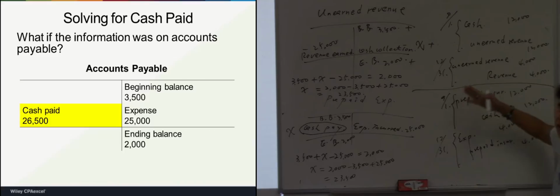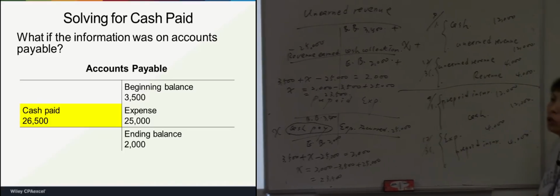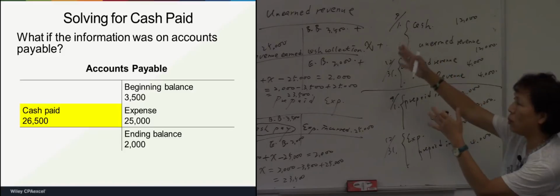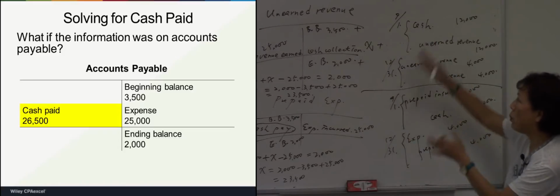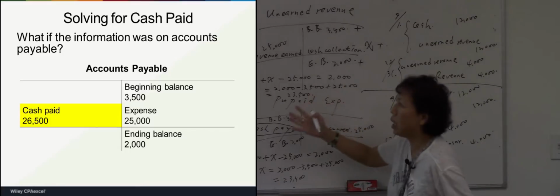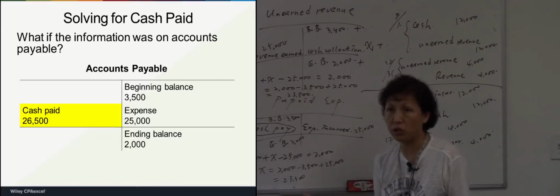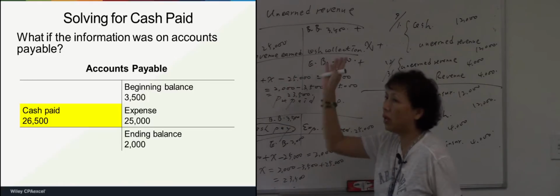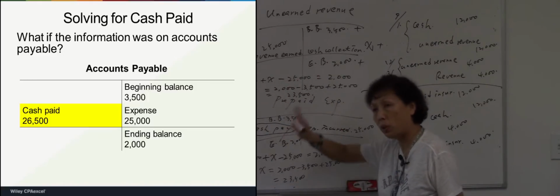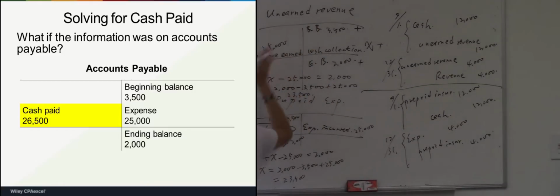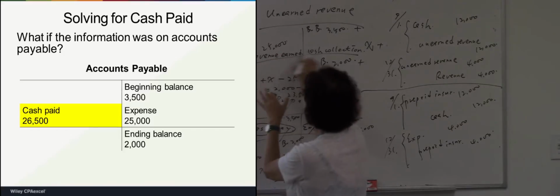But if you think it's too time consuming during the exam to determine the T account format based on the journal entry recording, then the easier way is to put the beginning and ending balance first. For an asset account we put it in debit, the left side. For a liability account we put it in credit, the right side. And then for the account on the top, revenue earned and the cash collection